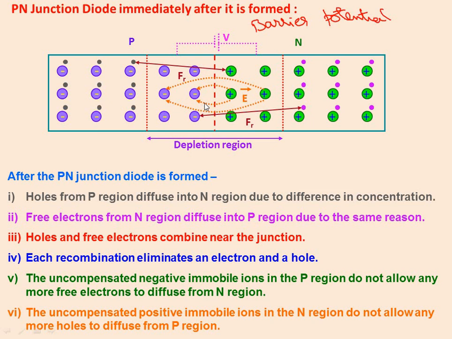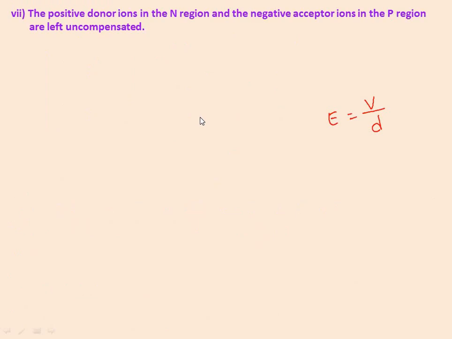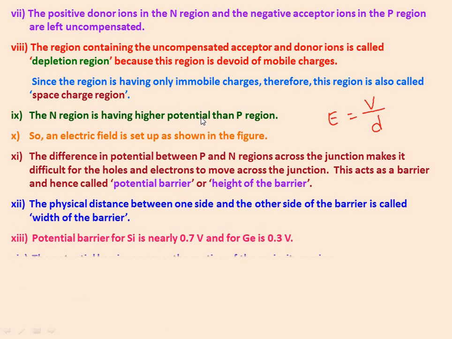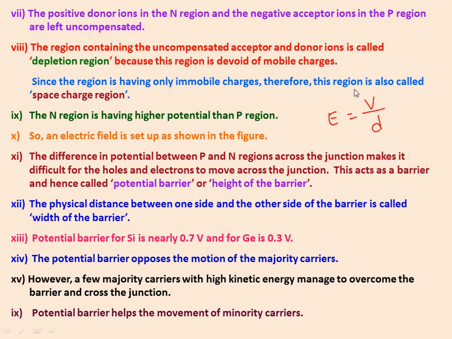Okay, and this is the electric field. Are we clear with this? So the intensity is E equal to V by D, and the direction will be from N side to P side. Are we clear with this? But here we have to speak about the two kinds of currents which will exist in this particular movement of the electrons as well as the holes. So regarding the kinds of currents.